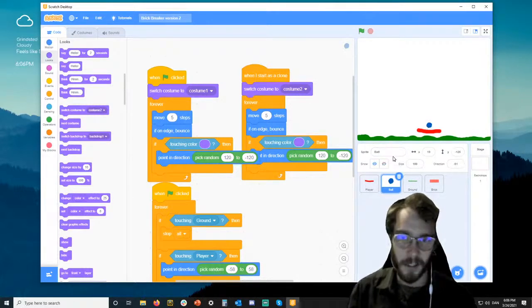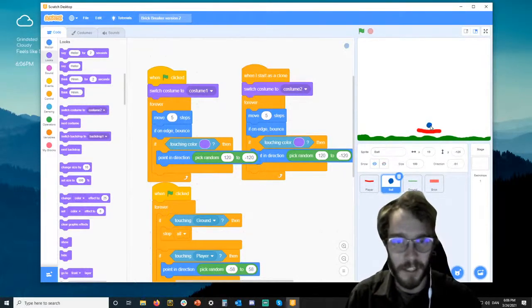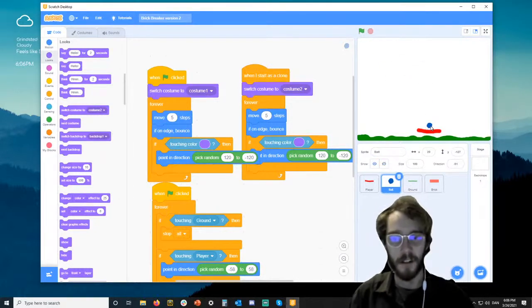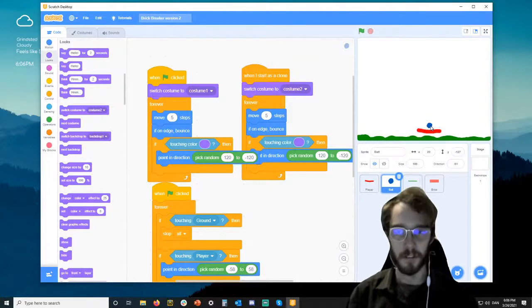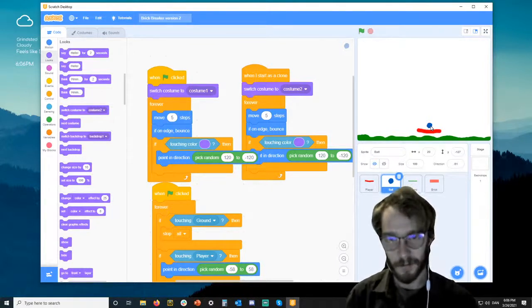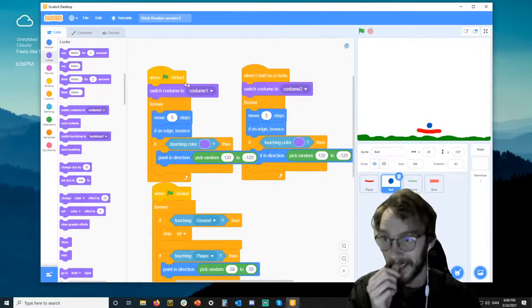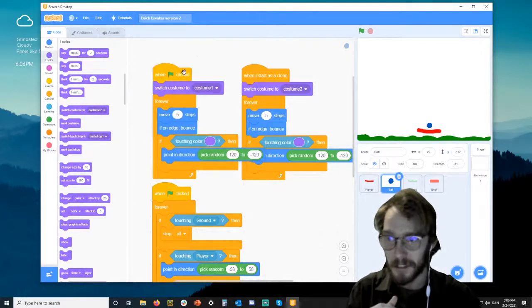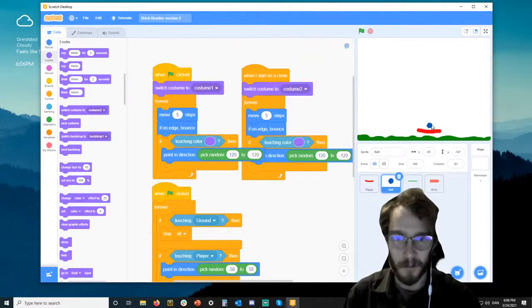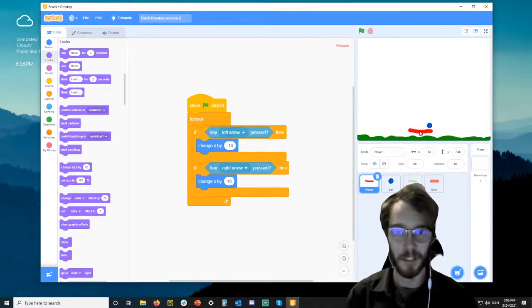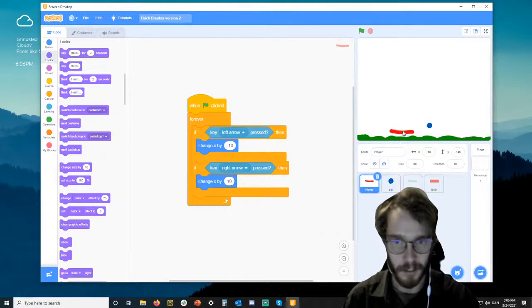I think actually before we continue, you can see I keep dragging the blue one here back to the starting position. We can also make some code that will do this for us, and I think that would be very nice to have. And we can actually add that in the same position that we had here. So if you put everything in the starting position that you want it to be in, so let's say I want my player to be here and my ball to be here somewhere,